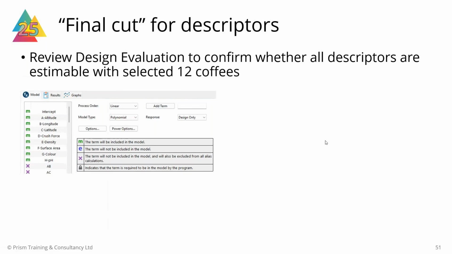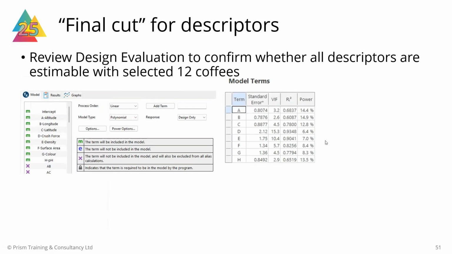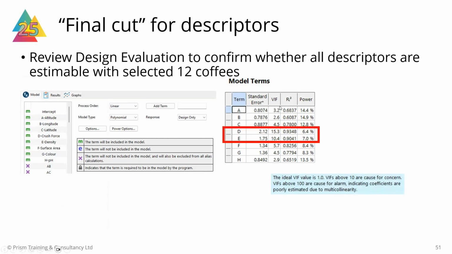And when I tried looking at this in the evaluation tool in Design Expert, what it showed me is that if I try and fit a model that involves all 8 descriptors, then a couple of them have quite high VIF numbers. And what Design Expert basically says is we want the VIFs to be low. If the VIFs are too high, then that's a potential cause for concern. It may be there's too much multicollinearity in our design. And I can see here that the rule of thumb here is we don't want it to be above 10. And I can see that a couple of these ones for factors D and E are at or just above